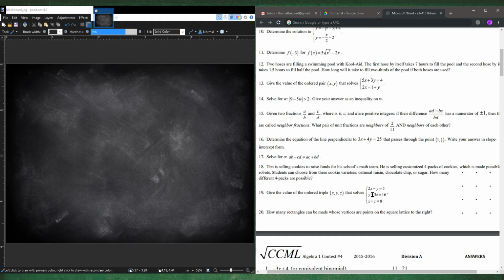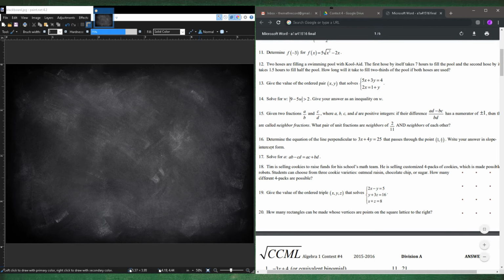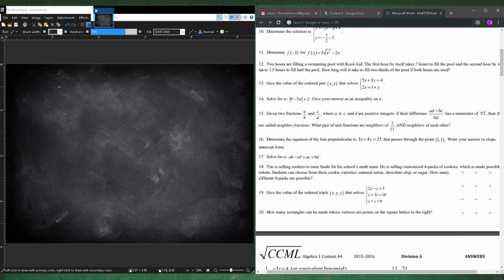So it says a, b, c, d are positive integers and they have to be unit fractions, so a, b, c, d can only go from 1 to 9. And they're neighbors of each other and they're neighbors of 2/11. So let's just use a/b and 2/11. That tells us using the difference between them would be